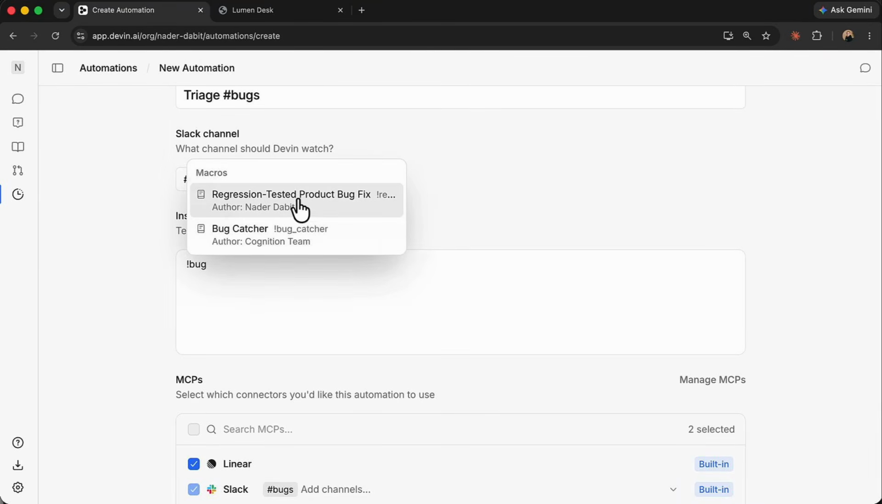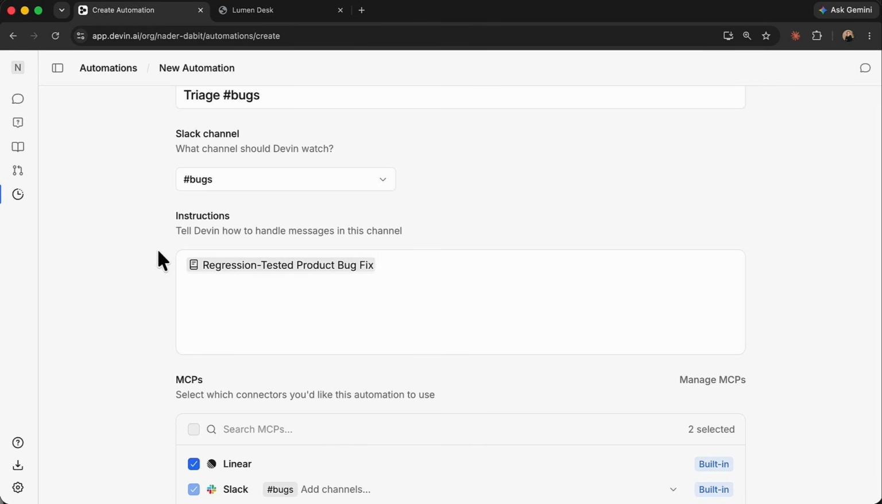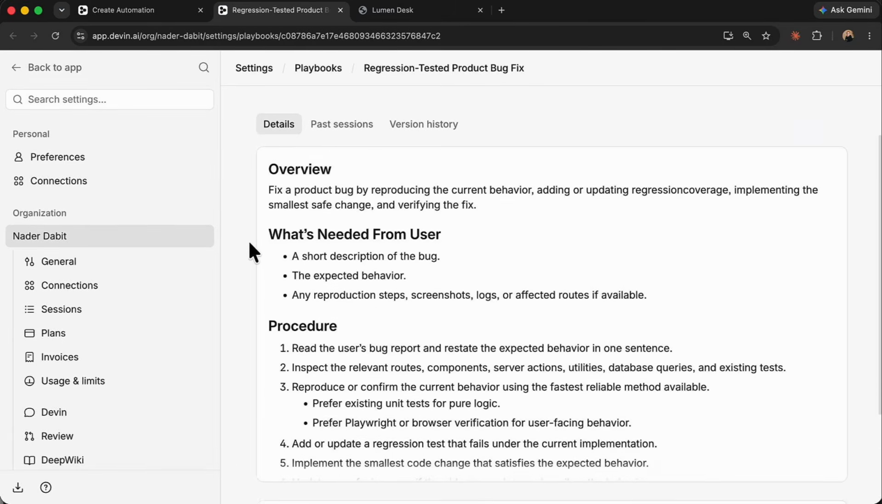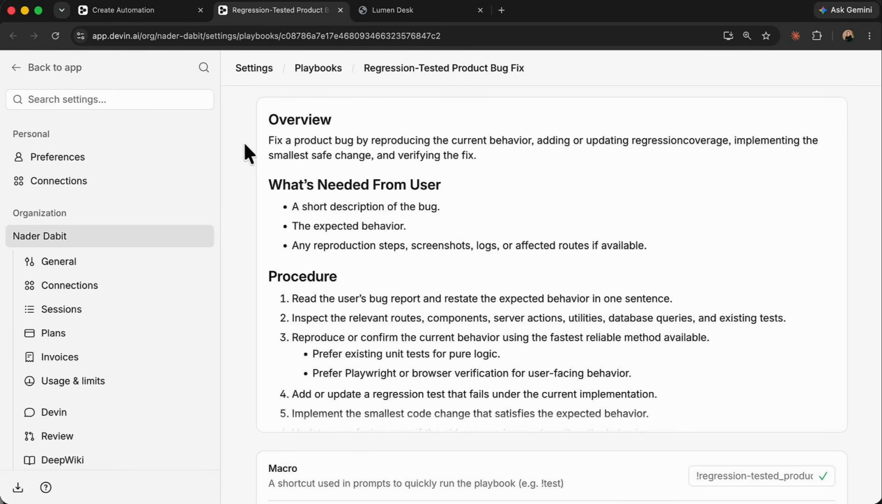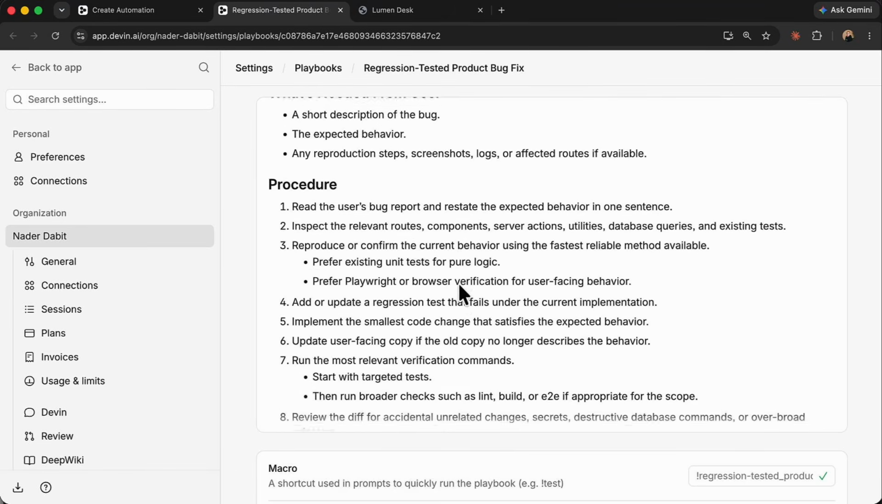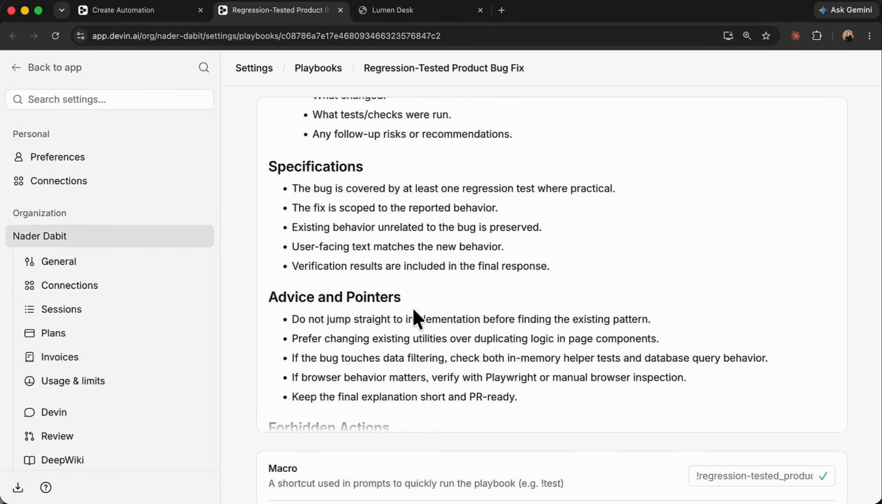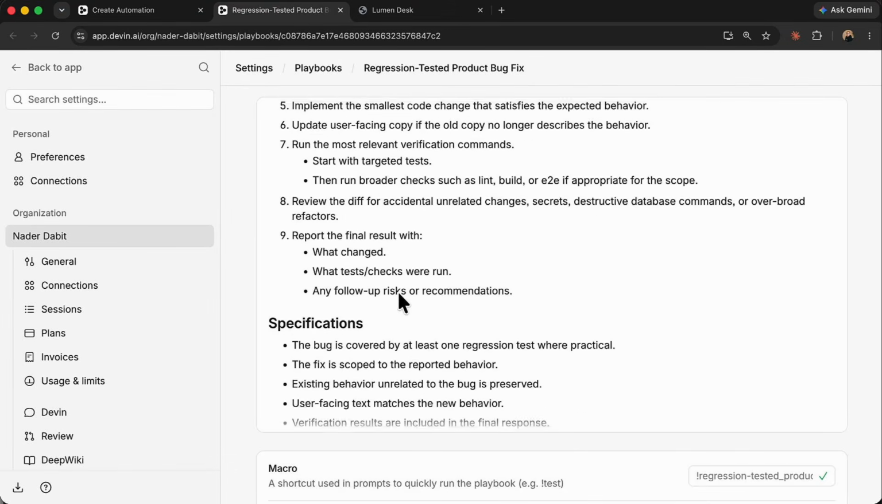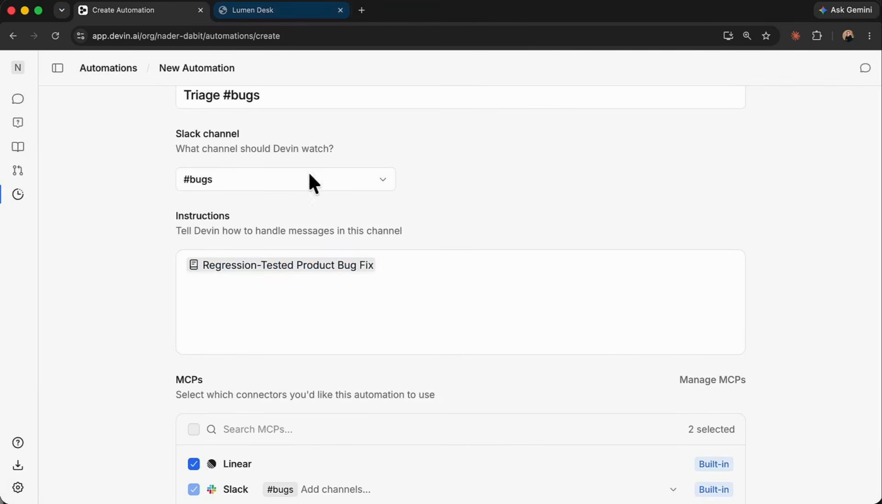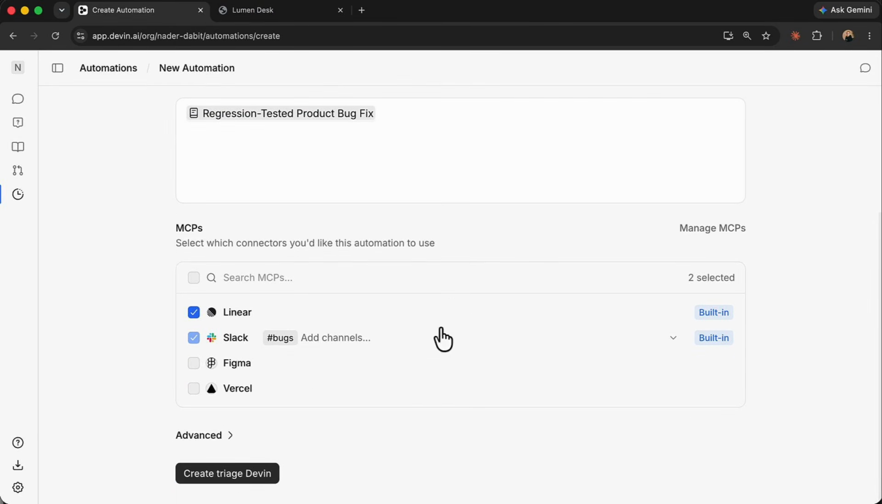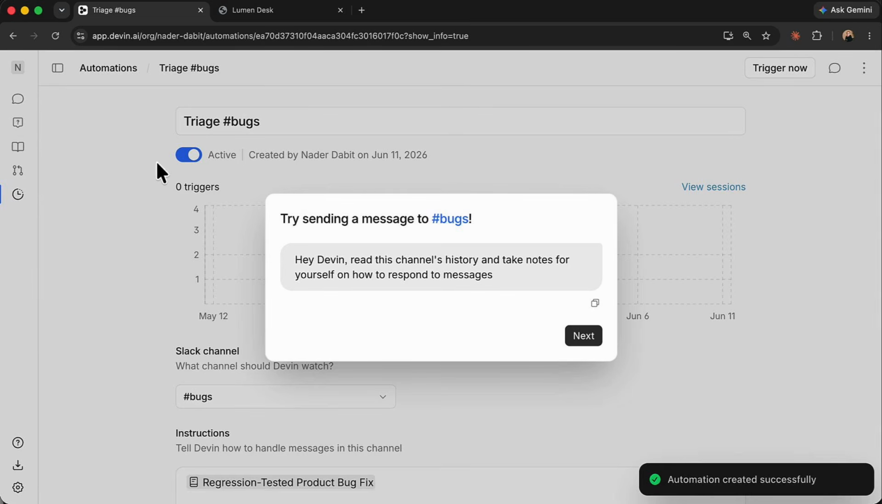I already have a predefined playbook for regression tested product bug fix. We'll go ahead and open this up to take a look and see what I've written here. Here I say fix a product bug by reproducing the current behavior, adding or updating regression coverage, and implementing the smallest safe change and verifying the fix, along with some additional instructions and some guardrails. So we've set the playbook as our instructions, and we can go ahead and just click Create Triage Devin, and